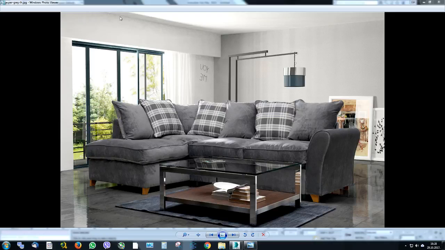But here's the scene. It's basically a commercial project. It's just a living room with a large window, some modern interior, basically a gray sofa, this metal glass center table with some carpet. The aim of this project will be just to create the room. The sofa will just be replaced later on by the client. I think this sofa is actually some sofa that they're selling, so they'll replace it later on